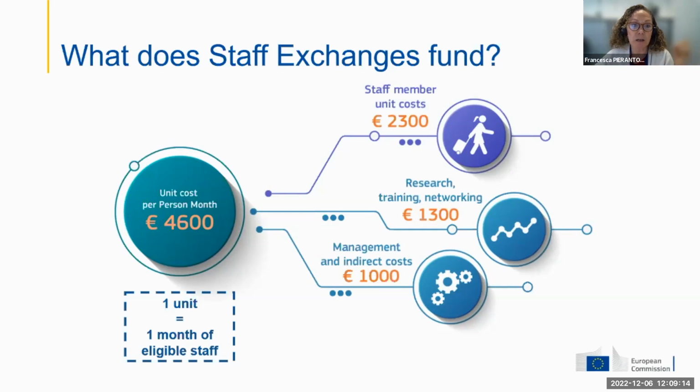Staff exchanges reimbursement is based on unit cost, triggered by secondments. The total cost is 4,600 euros per person month, and there are two types of contributions, category A and category B. The category A staff member unit cost, amounting to 2,300, is to be paid in its entirety as a top-up of the salary and is meant to cover expenses like travel cost,